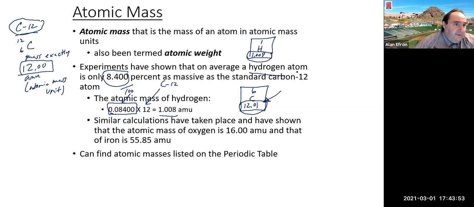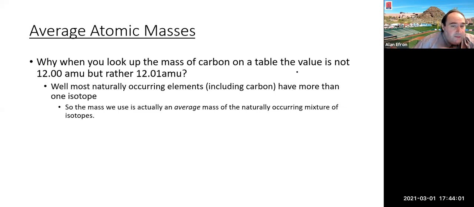I thought they used carbon-12 as our standard. Well, what we're really seeing when we look at the atomic mass on the periodic table is what is referred to as the average atomic mass, although most people don't use the word average. And what it really is, is the average atomic mass of all the naturally occurring isotopes